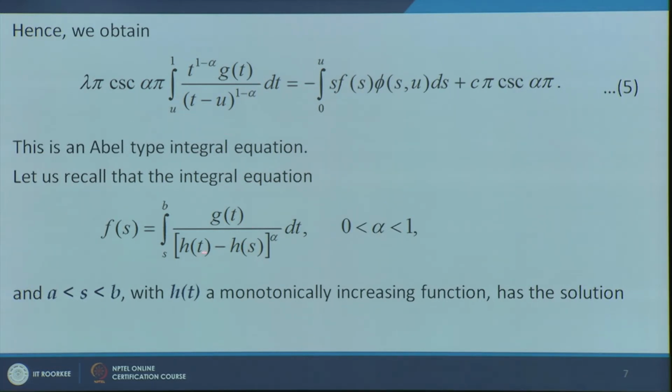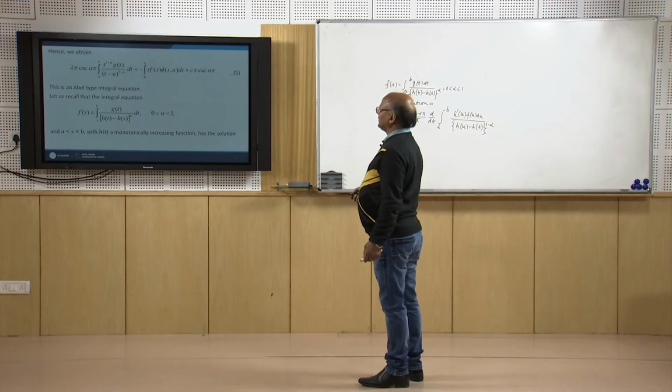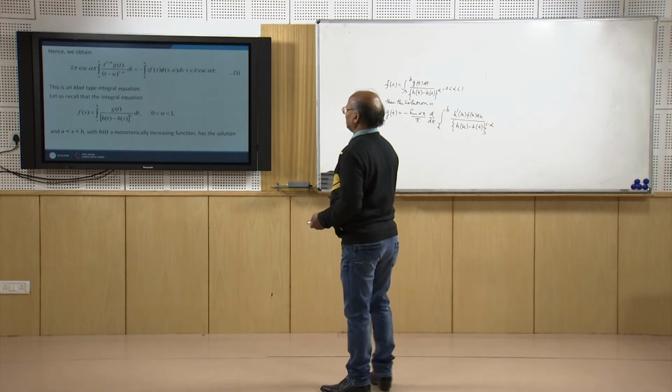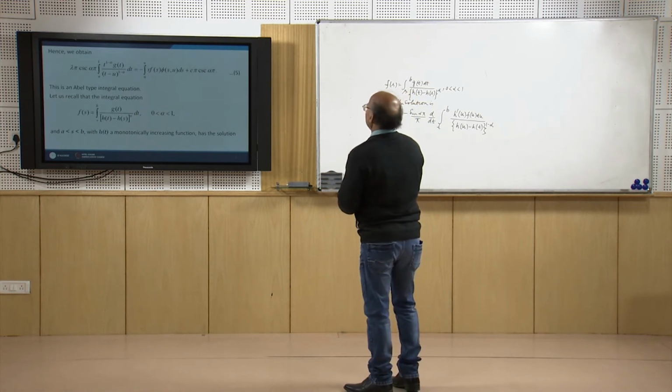h(u) is equal to u, h(t) equal to t. When h(t) equals t, it is a monotonically increasing function because h'(t) is equal to 1. So h(t) is strictly increasing, and so we can apply this solution of this integral equation. So what we have is